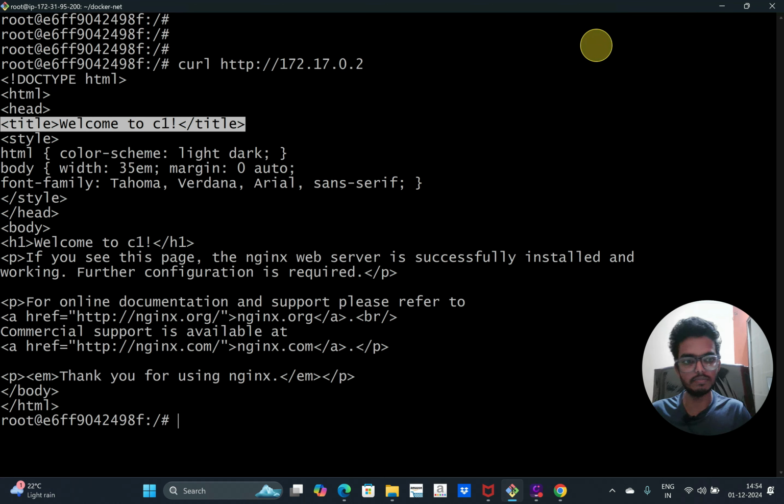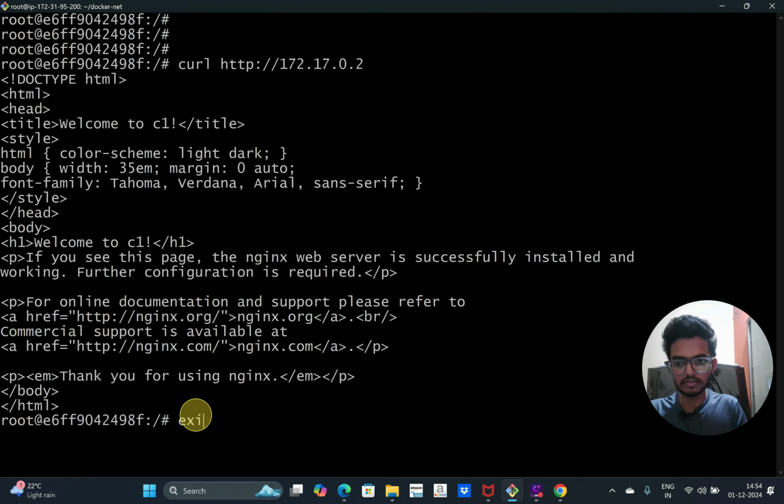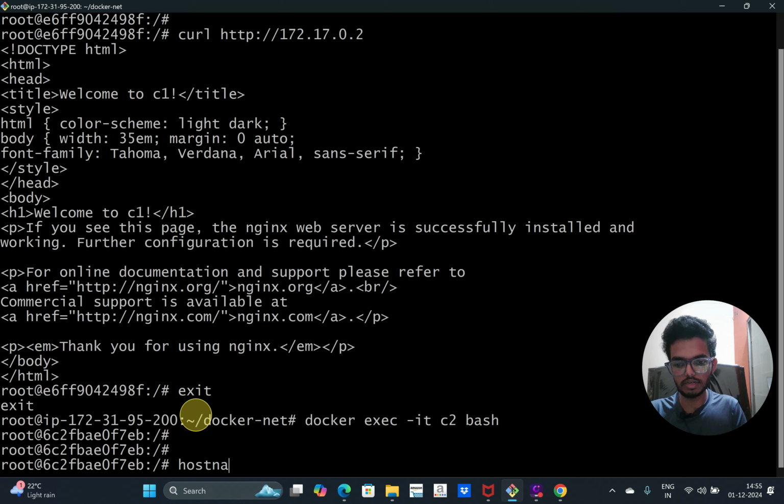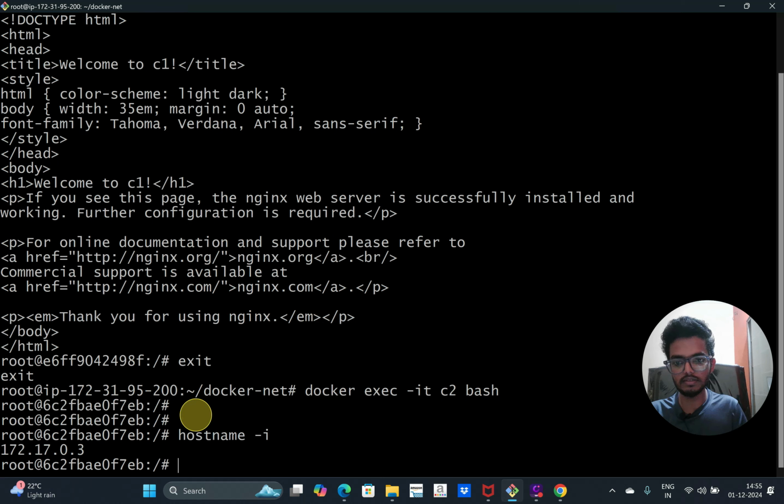Let me do the same change in C2 also now. For that, I'm going to exit from this container and log into the C2 container. And then docker exec to C2. I can check the IP of C2 here using hostname -i, that is 0.3.